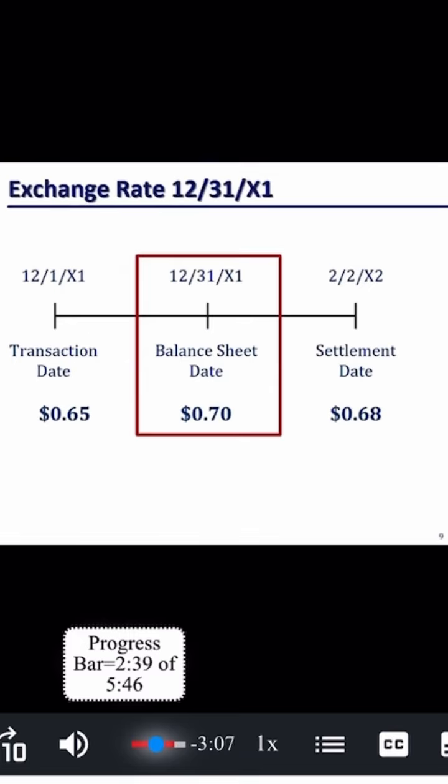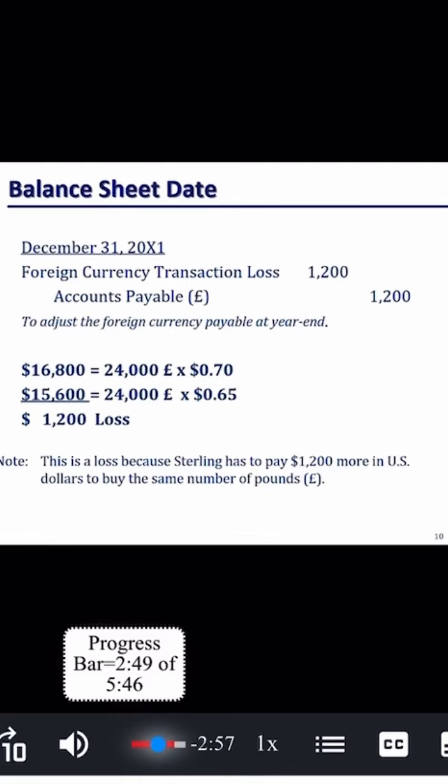Our next task is to make another valuation at balance sheet date, December 31, year 1. In this case, we'll use the exchange rate in effect on that date of 70 cents. With an exchange rate of 70 cents, the accounts payable is the equivalent of 16,000 U.S. dollars on December 31, year 1. We compare that to the 15,600